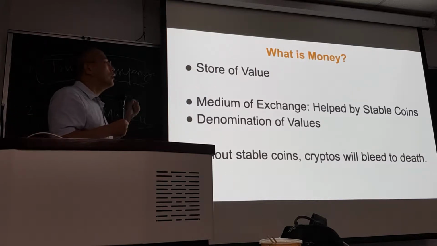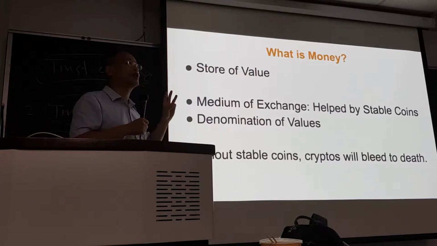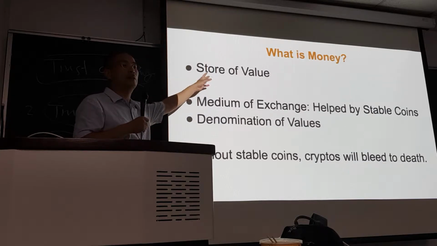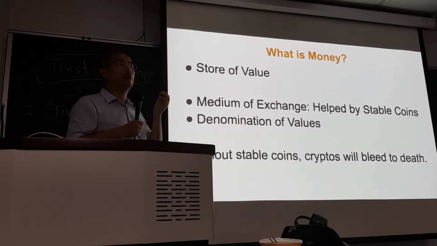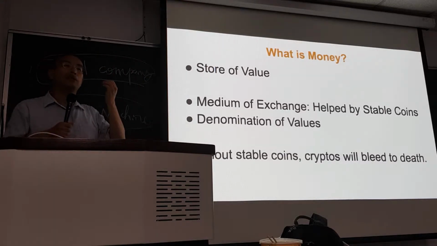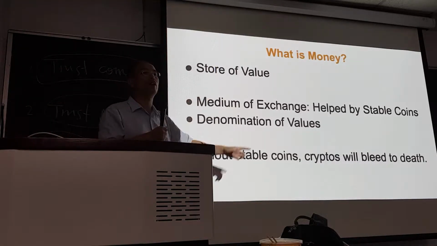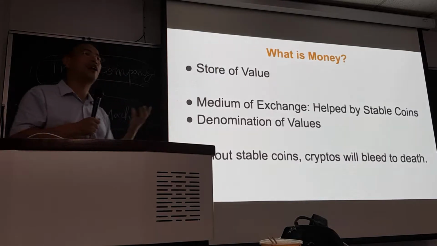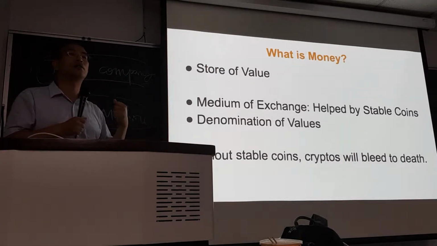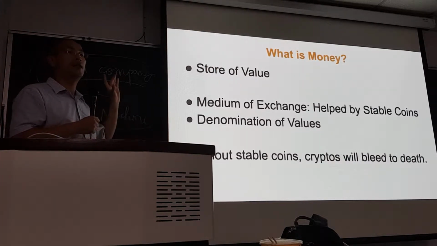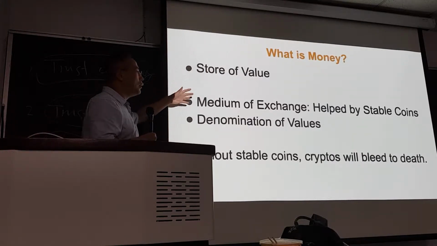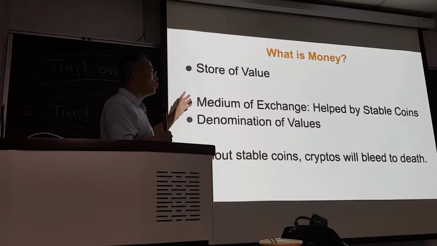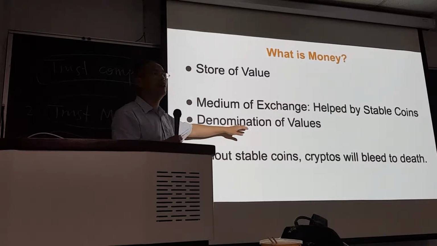Okay, because money has three functions. The first function is store of value. Those cryptocurrency like Bitcoin, I think people believe in Bitcoin's function as a store of value. Right now it's like 10,000 US dollars, right? So people say, okay, it has store of some value there anyway. Okay, but this cryptocurrency doesn't do well in terms of medium of exchange and denominational value.